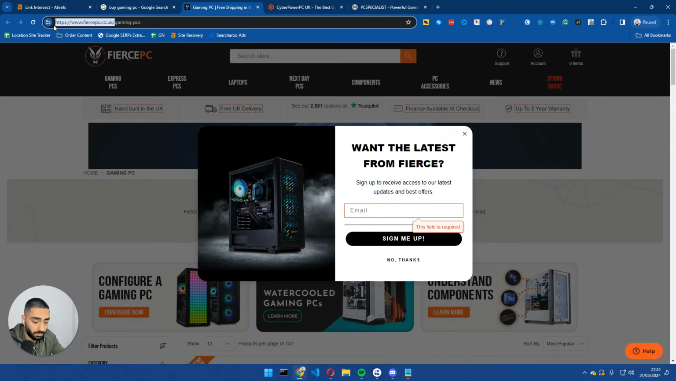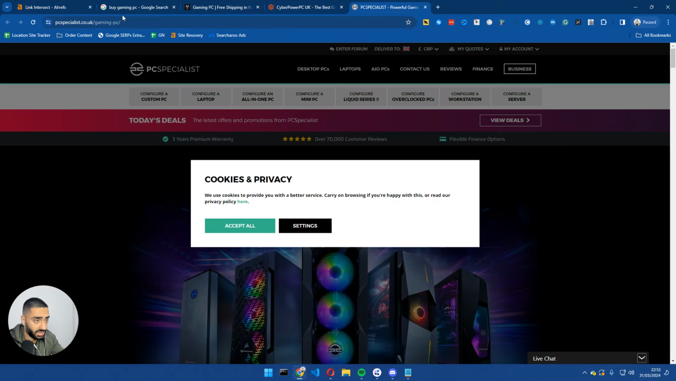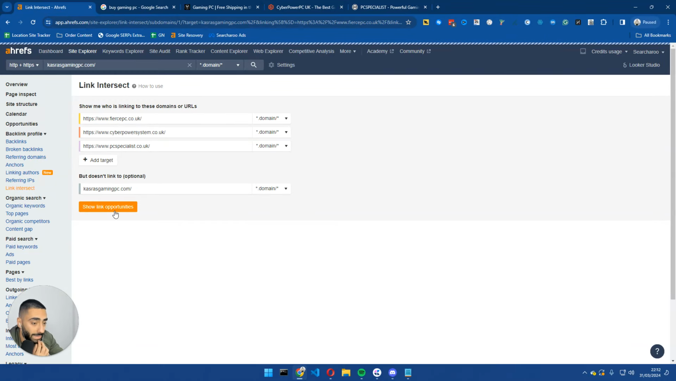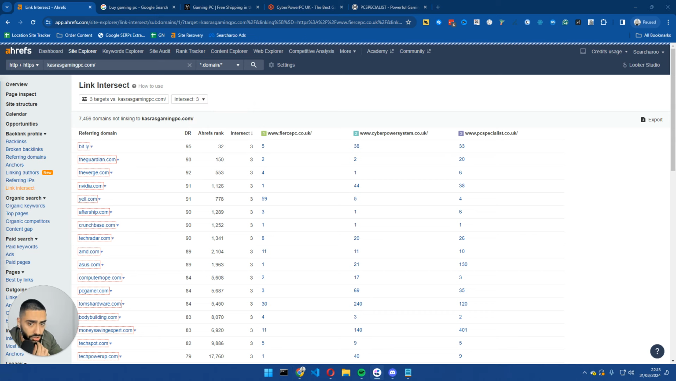So I would then put in my competitors in the link intersect, and basically what the link intersect is going to do is it's going to concatenate everybody's backlink profile and pull together a load of links that they have that we don't have. So as you can see, for example, here, theguardian.com links to all three of our competitors, but it doesn't link to ours. The Verge, same again. Nvidia, same again. Aftership, so on and so forth. So what we're going to do is we're going to take a look at intersections of three,